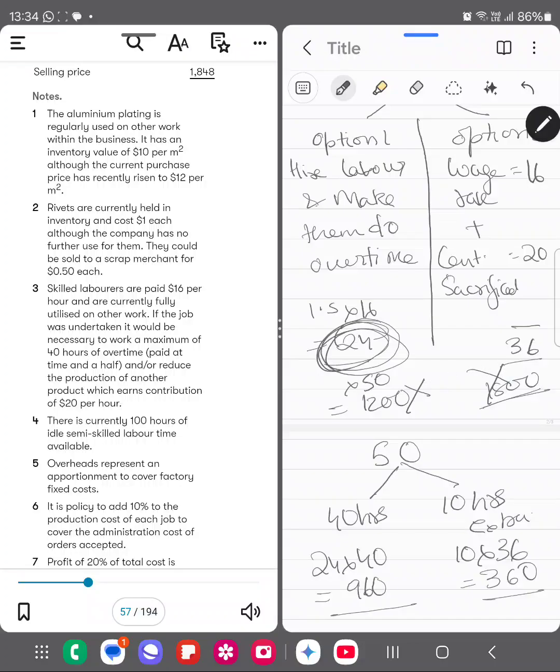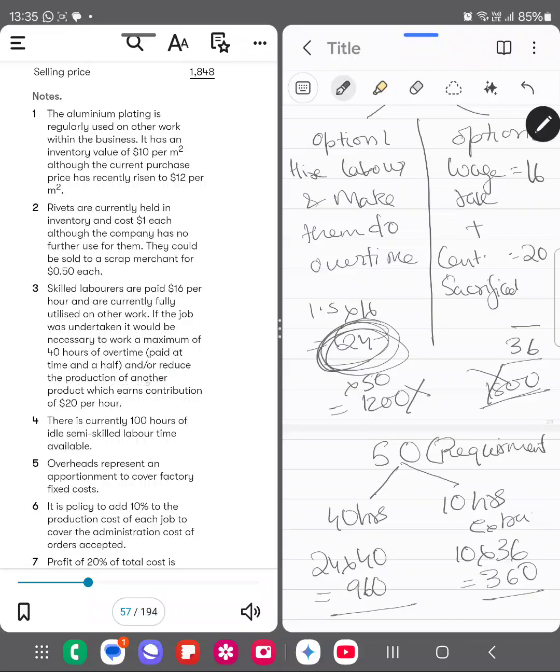Why? Because the requirement was for 50 hours, and as per the question, the labor which was engaged in some other project seems to have maximum availability of 40 hours. So if the job was undertaken, it would be necessary to work a maximum of 40 hours of overtime, and